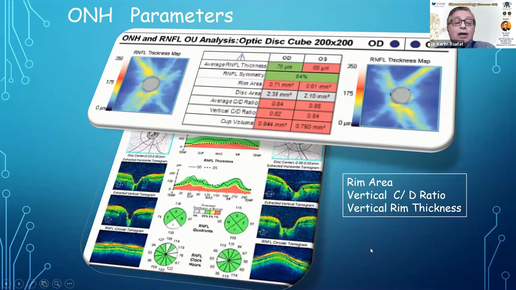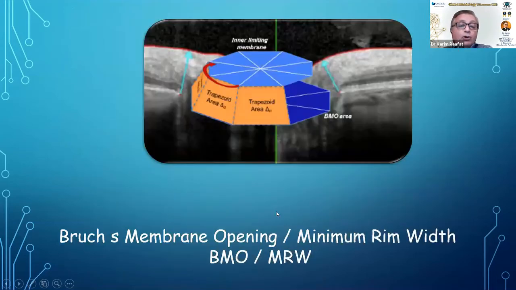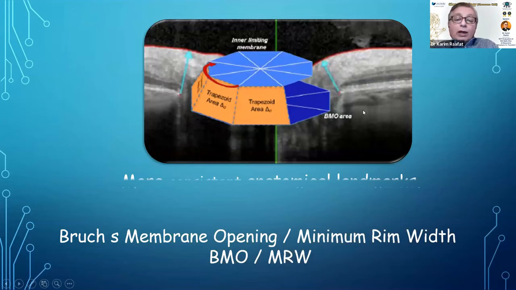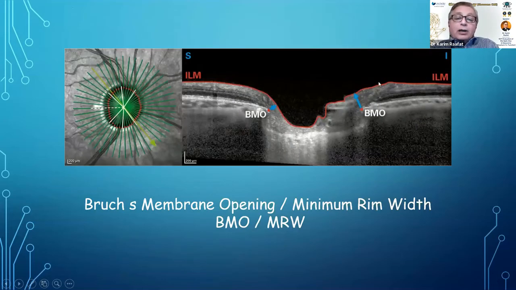And now, as Dr. Ayman mentioned about the rim and the importance of the rim more than the cup, the technology is also applied here when we have the software upgrade about the Bruch's membrane opening minimum rim width, what we call BMO for Bruch's membrane opening, MRW minimum rim width. Here the machine measures the Bruch's membrane opening and puts it as a red dot here, and then identifies the internal limiting membrane here, or the inner layers of the retina, and measures the different dimensions of this rim area,